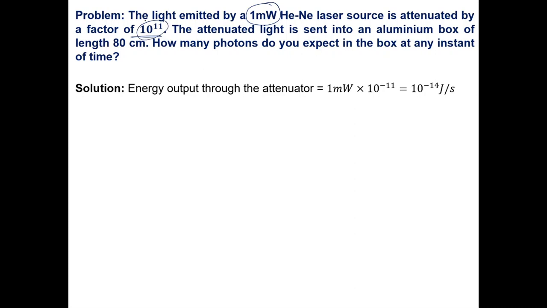The attenuated light is sent into an aluminum box of length 80 centimeter. How many photons do you expect in the box at any instant of time? As you see, this problem is very similar to the one which we addressed earlier, but there are some additional